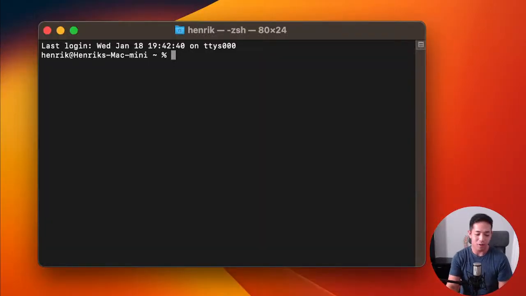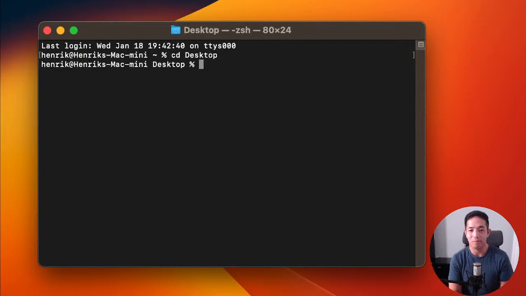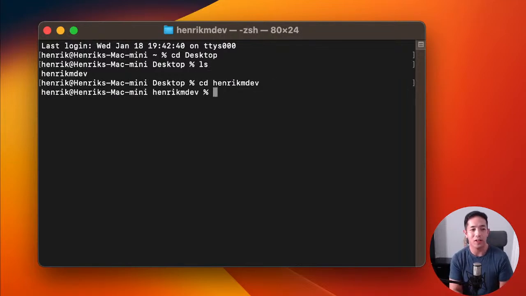All right, so I'm going to do an example, and we're going to do this again in C. So here I'm going to pull up terminal again. If you remember from yesterday and the day before, I did all of our tutorials in the same exact application, terminal, which is an application for Mac. So the way you go into different directories is you do cd. So I'm going to go cd desktop, go into my desktop, and I have a folder there called Henrik M Dev, which is the name of this channel. You go to Henrik M Dev, and then I have these